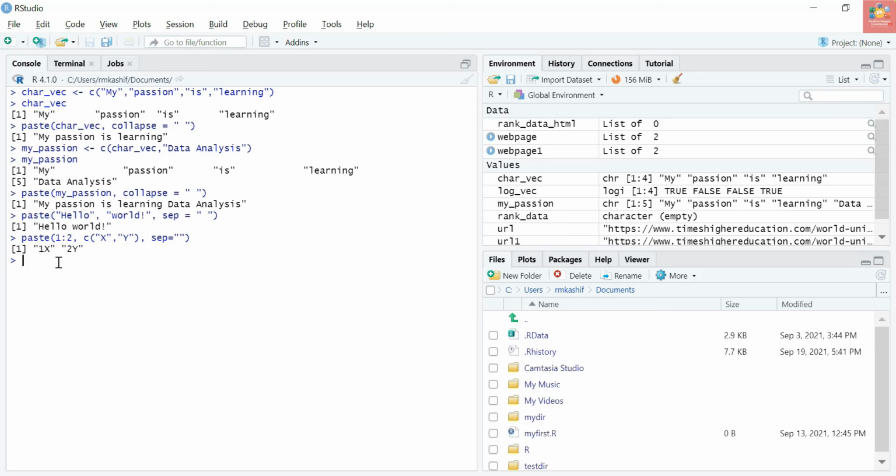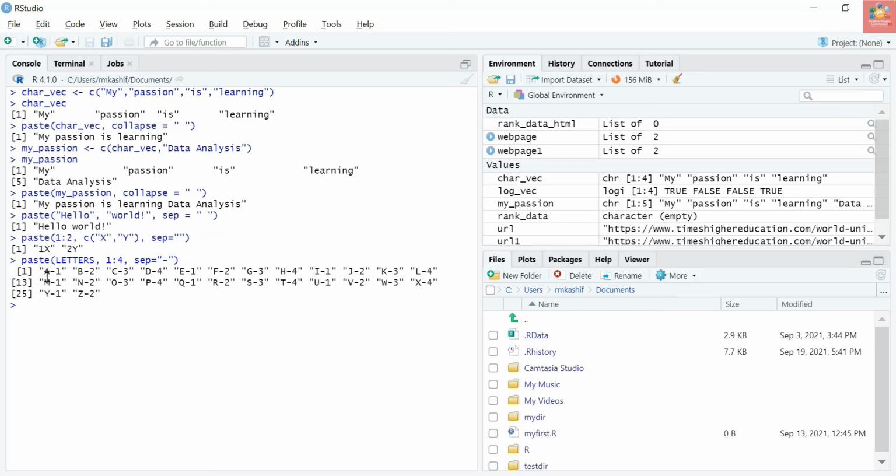What if vectors are of different lengths? Yes, you are right. We have learned in the last episode that the recycling approach will be applicable in this situation. So let me try another. Paste letters in a vector. letters is a vector in R of alphabets. 1 colon 4 and separator is equal to, let's try dash as a separator.